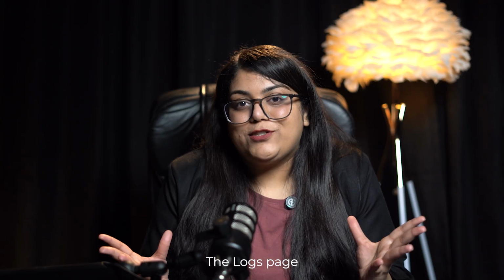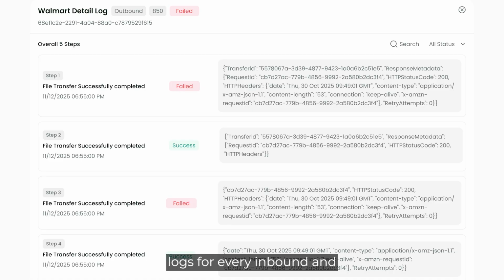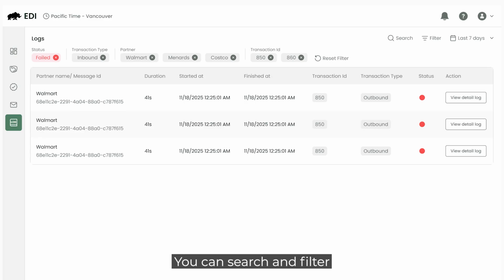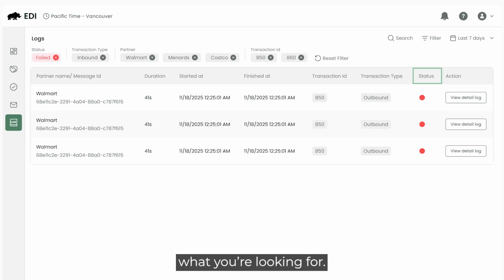And the logs page gives you the complete view of what happened behind the scenes. Here you can see a detailed log for every inbound and outbound transaction with clear timestamps and the status at each step. You can search and filter logs by partner name or message ID, date range, or status, making it easy to find exactly what you are looking for.